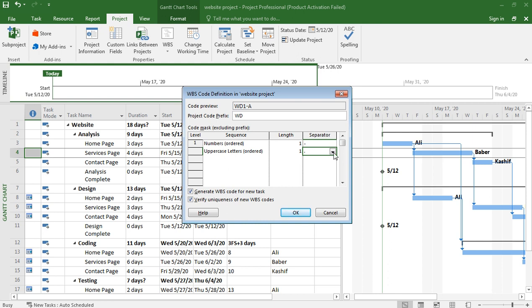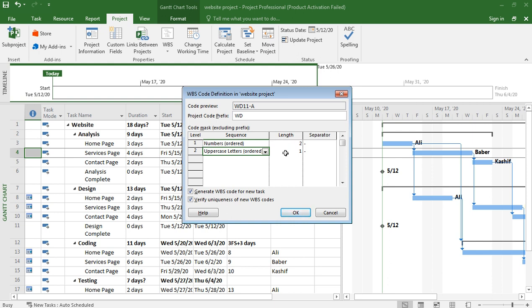Okay, now the project code prefix is web design. Sequences, for example, numbers, it says any, number 1, and the separator is a dash.